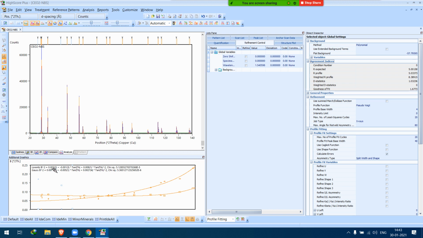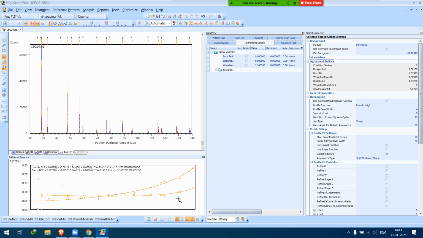So this is the U quantity, the first coefficient, second coefficient, U, V, W. These coefficients are there for Lorentzian and Gaussian, and to take them we have to take them as line profile analysis standard. So select this, take as line profile analysis standard.